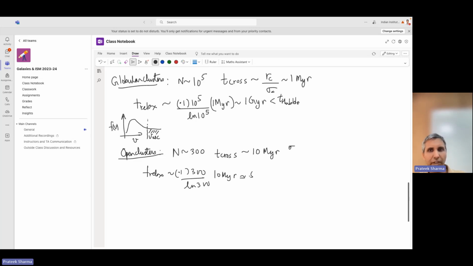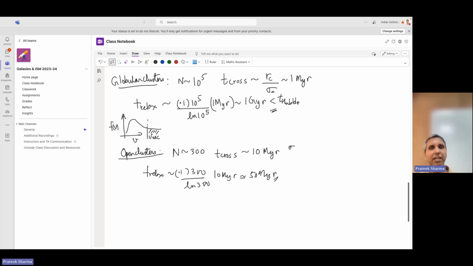So this is about 50 megayears. They are, but remember, the open clusters have a very short lifetime. Their lifetimes are equal to the lifetime of the massive stars that they have, so they actually just go away over the same time scale. The lifetime of a B star, of a massive star, is about this much. Whereas the globular clusters are made of very old stars, so stellar evolution is not happening in globular clusters over their lifetimes, but here it is.